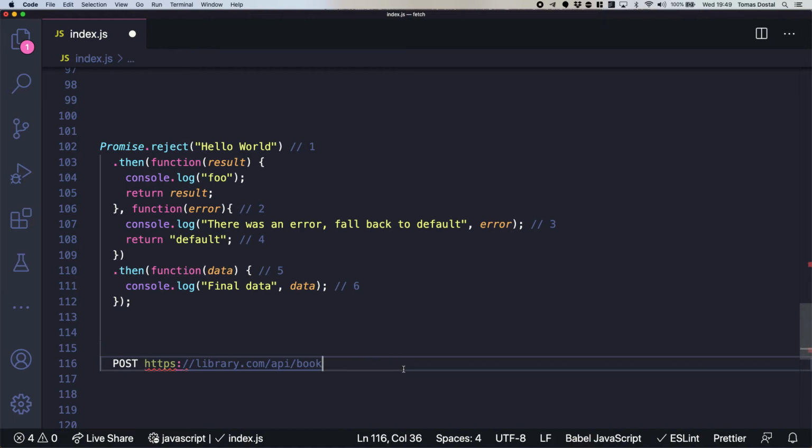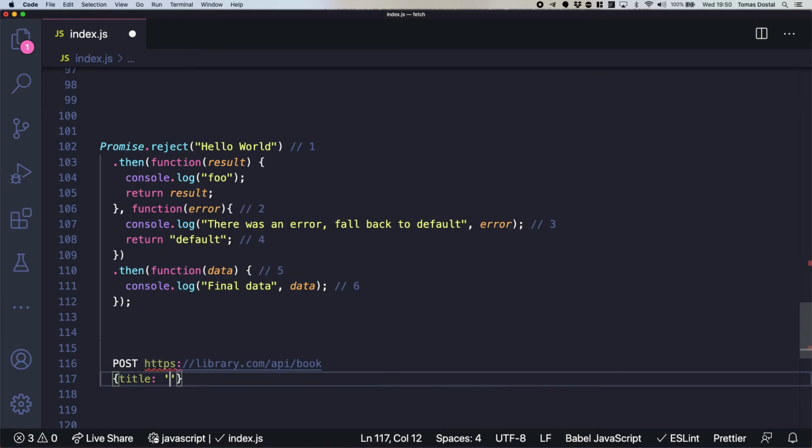As you can see in this URL, there is absolutely no information about what the book is, any title or anything like that. You would add that into the body of this request. So this request would come with, for example, a JSON: title, hello world, author, and so on. So this would be your JSON that you send to the server. This would be the body of the request.